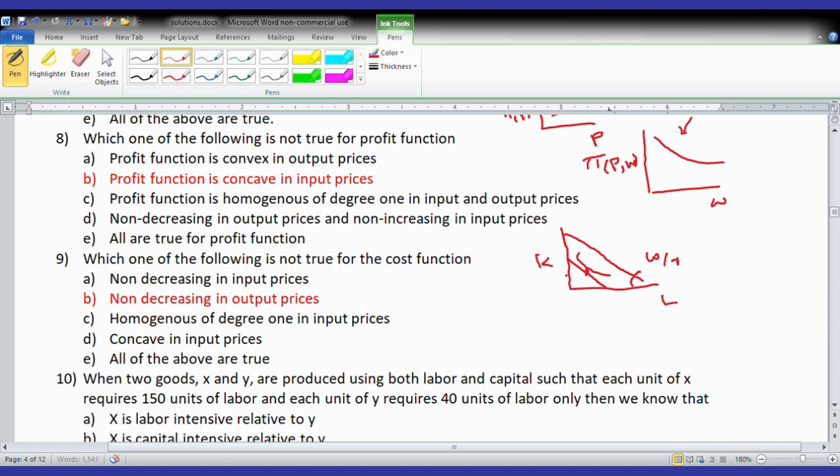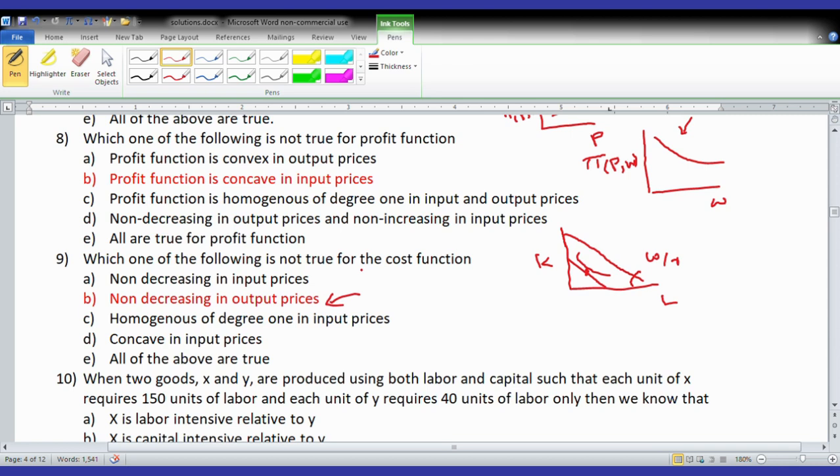Because the cost function does not have output price as an explanatory variable, output price has nothing to do with the cost function,